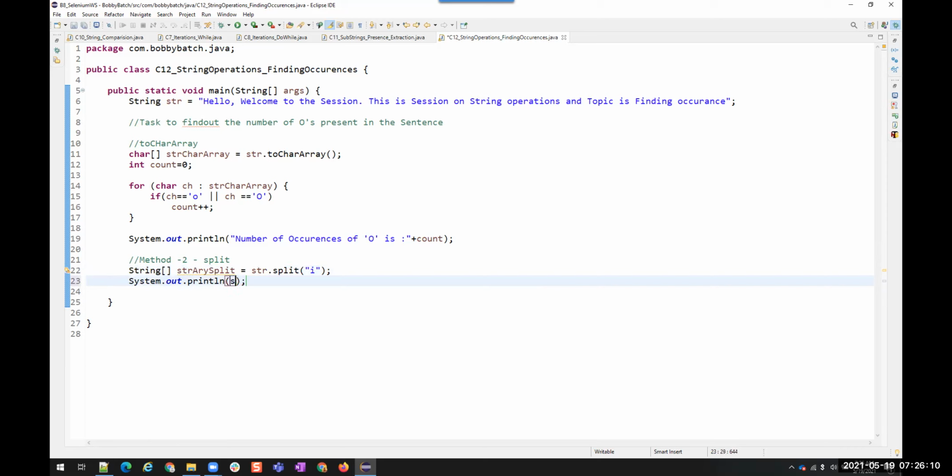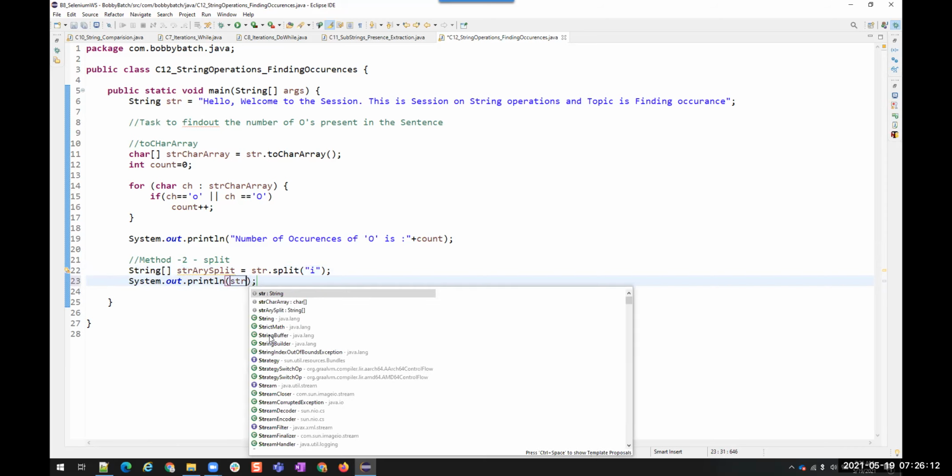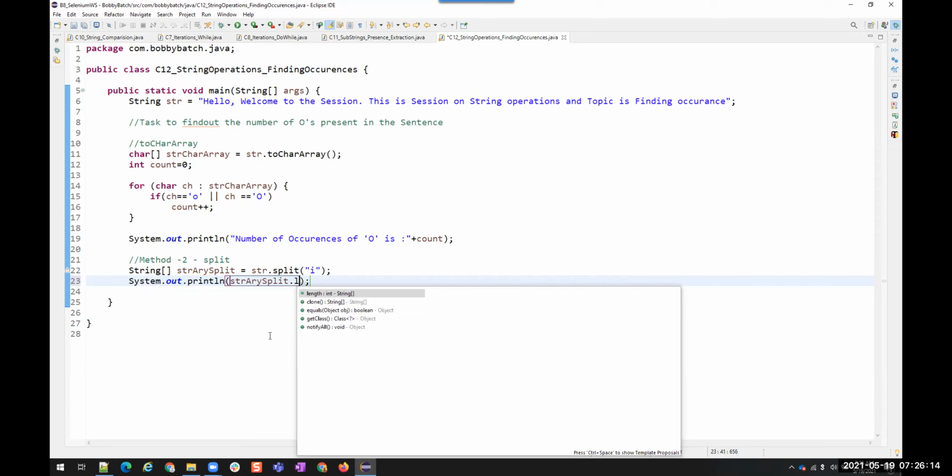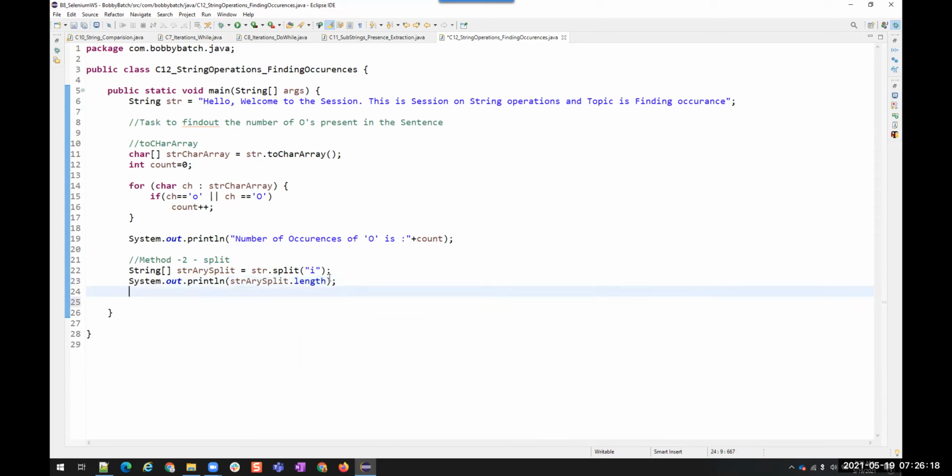Now let us see the size of it: str array split dot length. Let's count these i's manually in this sentence. There is 1 here, 2 here, 3 here, 4 here, 5, 6, 7, 8, 9, and 10. So the number of i's is 10 in this sentence.